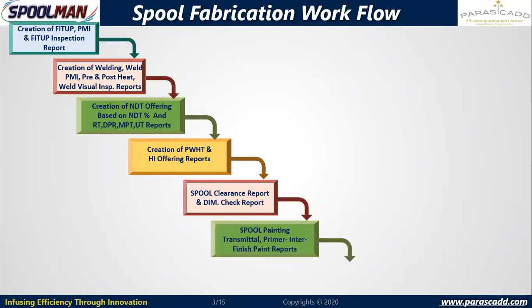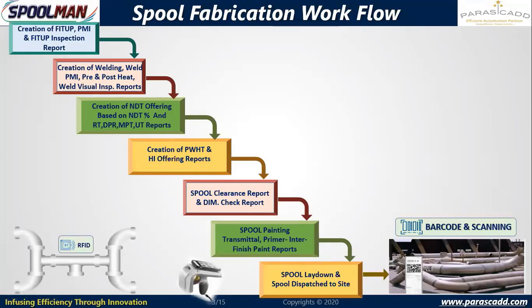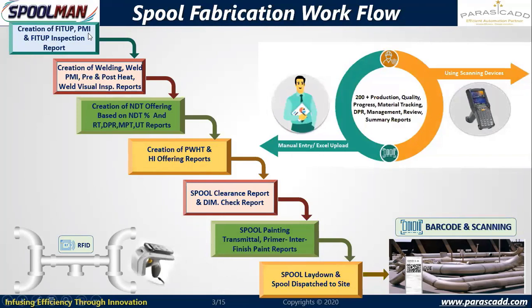So now to summarize the detailed level of the fabrication process, on the top I have creation of fit up, then PMI, positive material identification. If it is stainless steel or DSS, duplex stainless steel, or carbon steel NACE, I am going to identify the material, and it will be recorded. Heat numbers will be traced back. For material traceability, the heat number and batch number will be recorded. So before fit up, from which purchase order and which invoice number this material came, the material will be tracked. Those informations can be managed.